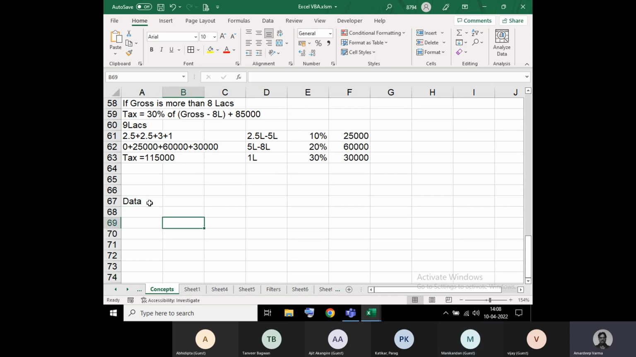Okay. Data can be classified into two types. One is a constant,